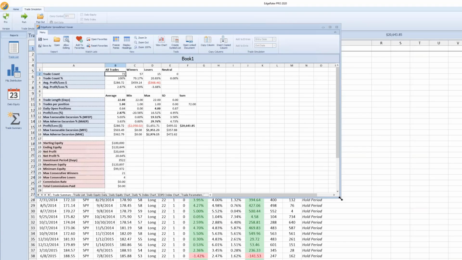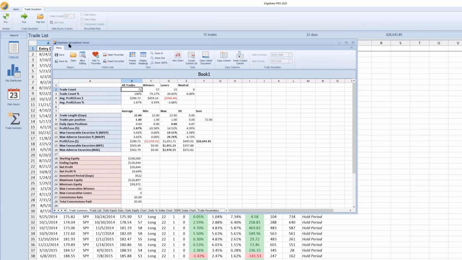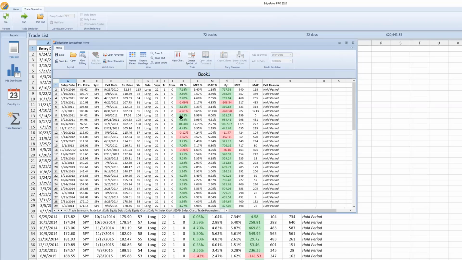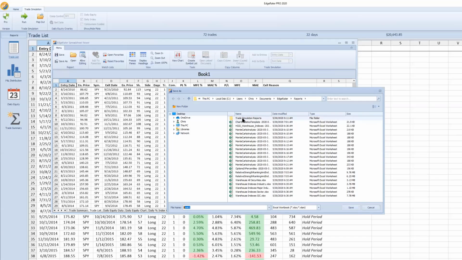The reason I want to pop it out is there isn't actually a save button on here to save this trade list on your file system. But once you've popped it out, you end up in the spreadsheet viewer, which has the trade list in here. And then I can save this as, and I'll pop it into under reports, and I'll call it